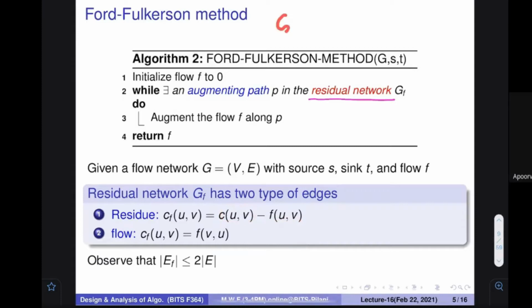So in your graph, if there is any flow, and you want to make a residual network, then for all the capacities which are there, you subtract the flow from the capacity and add an edge into this residual network. One more edge you have to show: whatever flow is there in the original network, this flow you also have to show over here, but UV is shown as VU. So a reverse kind of flow is also being introduced over here.